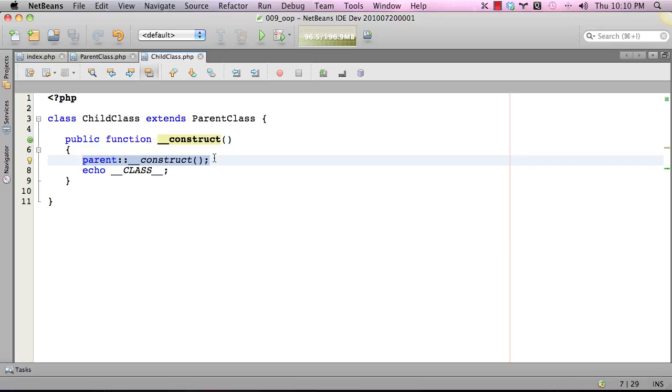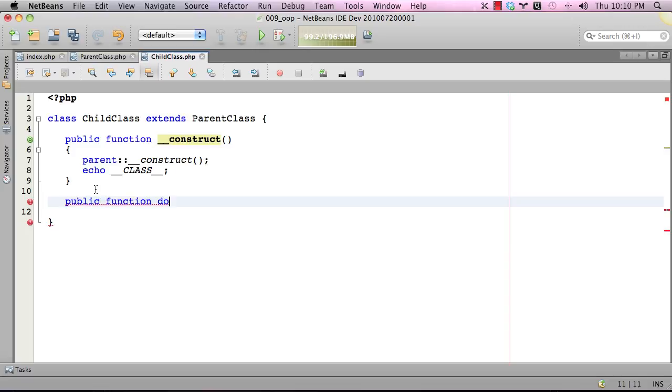If you've ever used a PHP framework before, you've probably done this before, where you create a new controller, and the first thing you do in the constructor function is make sure you call the parent's constructor function. And that's because if you don't do that, you'll be overriding it entirely. The same holds true for other functions. So if we call public function do something,